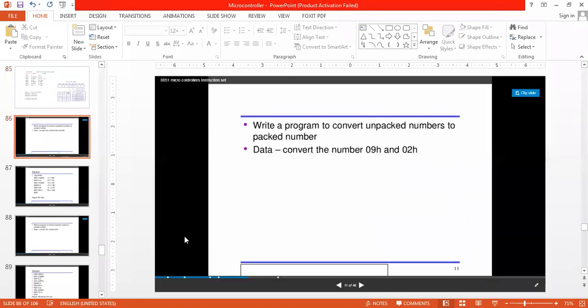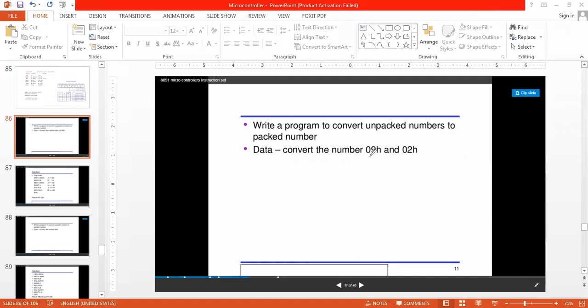Now write a program to convert an unpacked number to a packed number. What is an unpacked number and what is a packed number? That is called a BCD number: packed BCD number, unpacked BCD number.